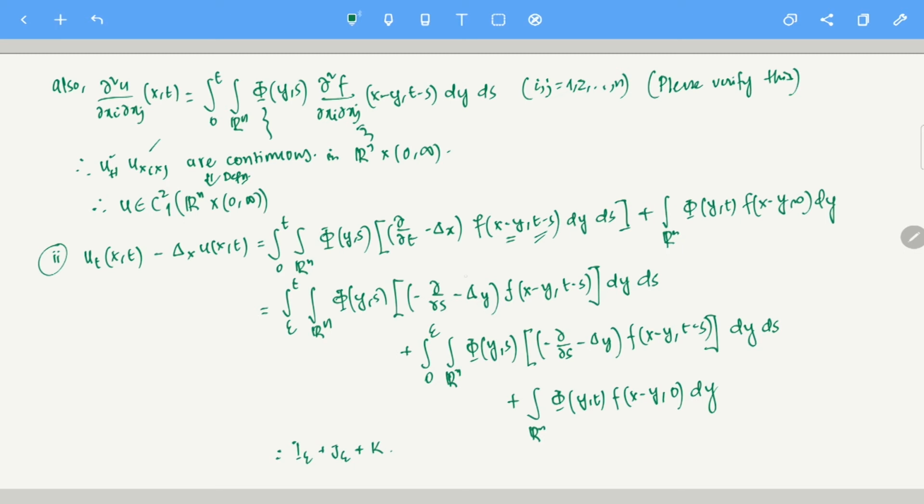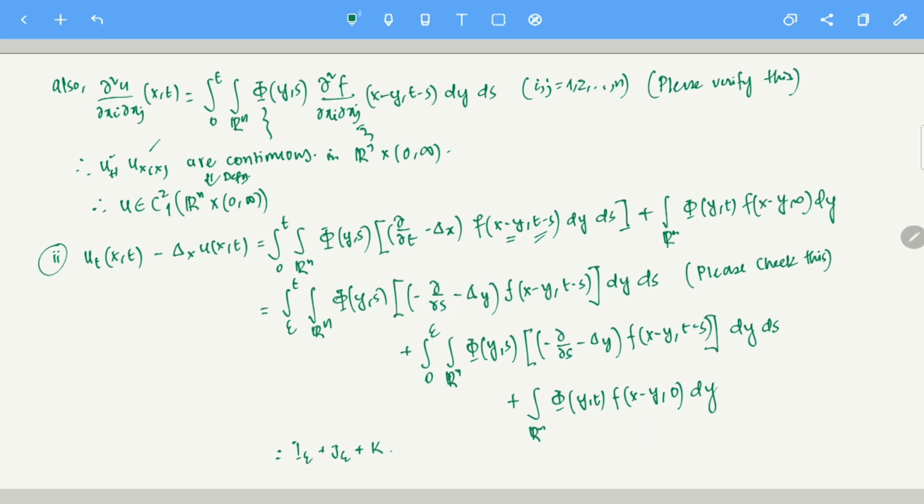And again here, if you think about it, why is there no change in the sign? Because one minus will come for one derivative, but for the next derivative another minus will come, so they will negate each other, and that is why the sign remains unchanged. Okay, and then you have f of x minus y, t minus s. If you are not convinced with what is happening here, then what I want you to do is please check this part. I told you what you need to do. Now you just do this part.